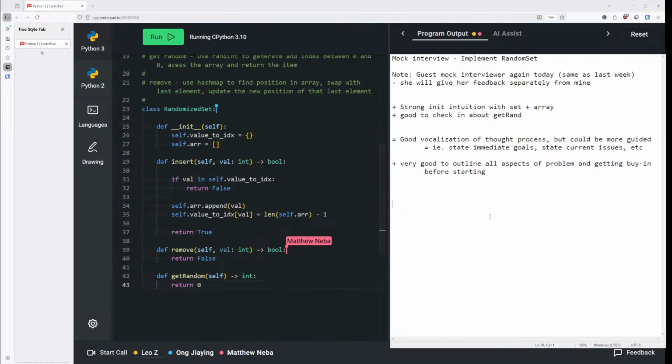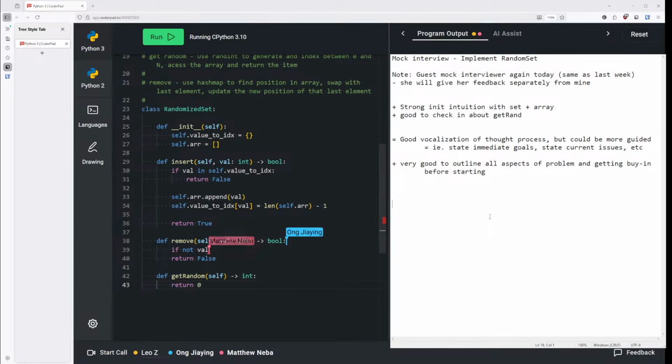So now I'll go on to remove. If I want to remove, then okay, use the hash map to find whether or not it exists. If it does not exist, let me copy paste this. So if it's not in there, return false, right? Okay, now if it is present,